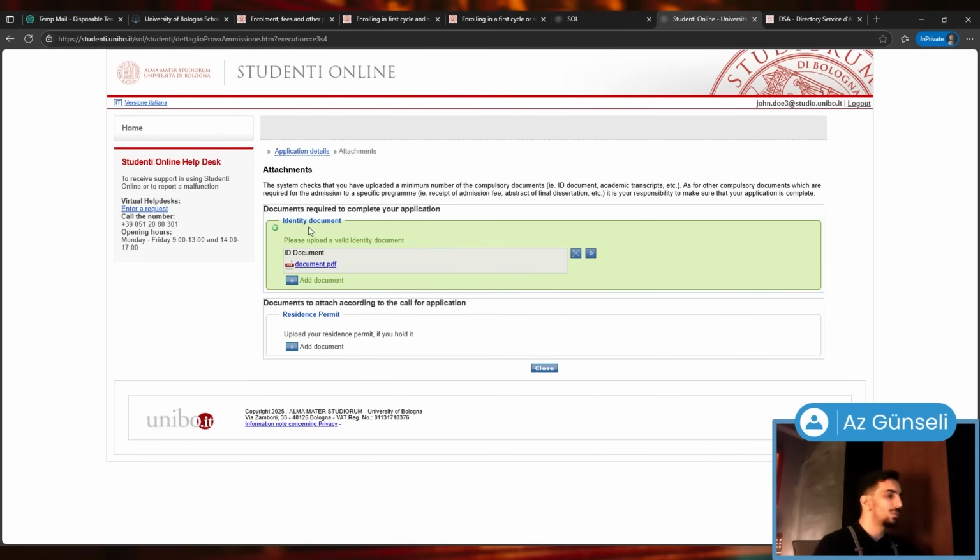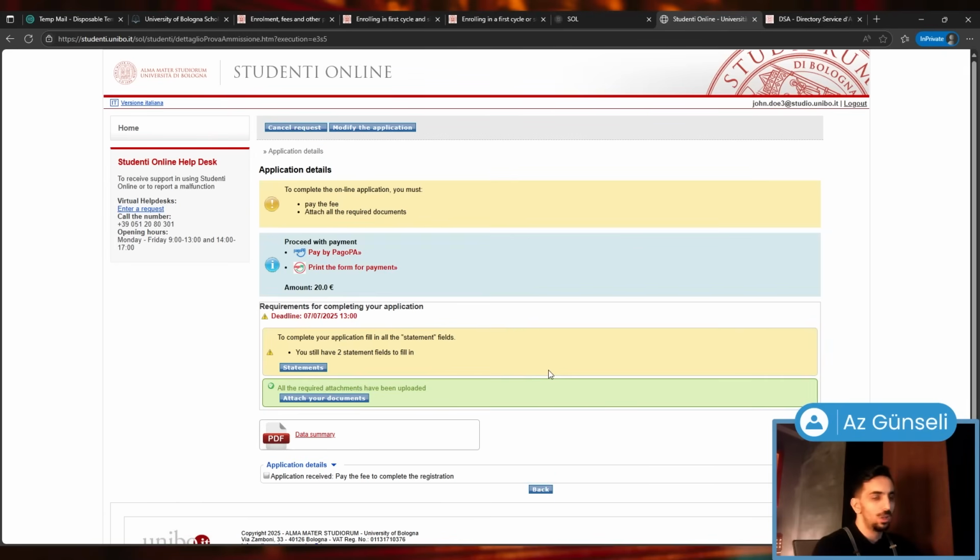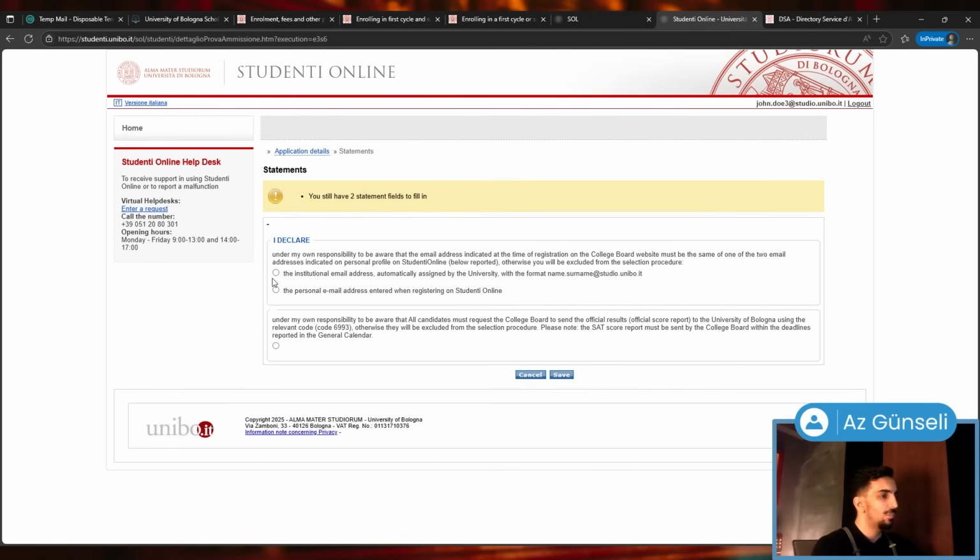Like our identity document is done. And as you can see, there is nothing that says residence permit is mandatory. So I'm going to close this one. So this is fine. And statements, obviously, I declare under my own responsibility to be aware that the email address